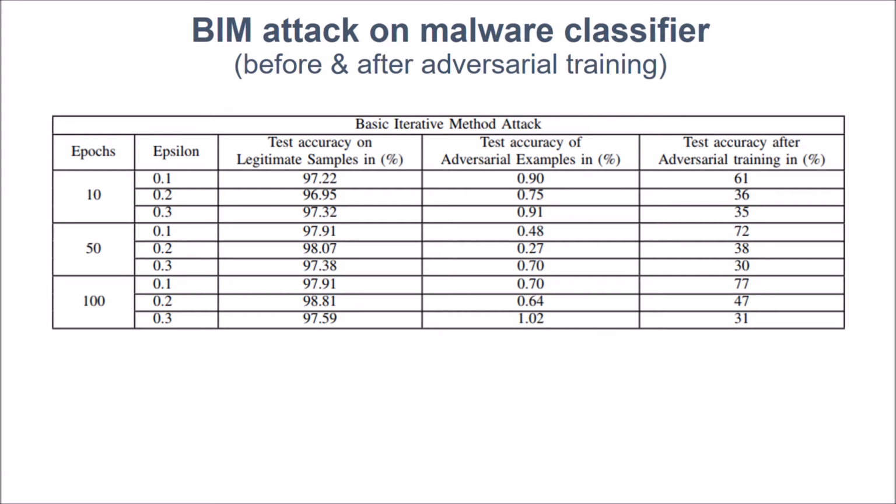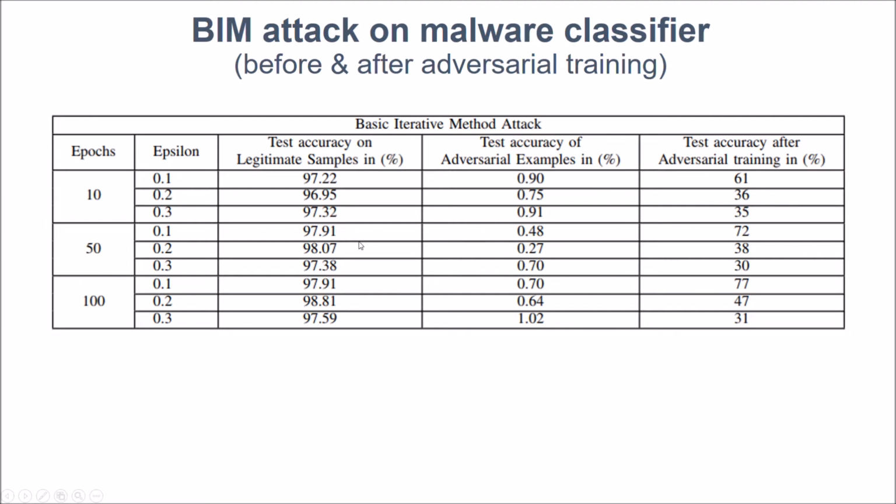BIM attack on malware classification. So now we've performed another attack called BIM. Since we know that it's an iterative attack, test accuracy on legitimate samples is like 97 or 98%. Once we have performed BIM attacks, this accuracy falls to less than 1%, which is a loss of 96%. And then after adversarial training, the accuracy improves, but that is not acceptable for any CSON application, because